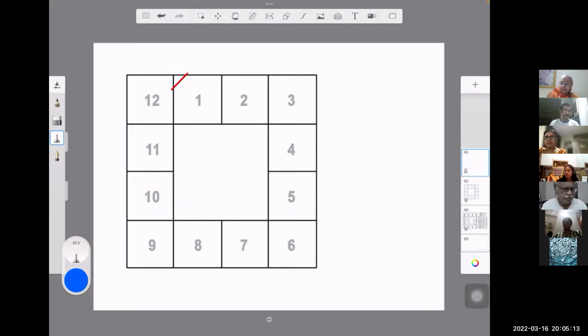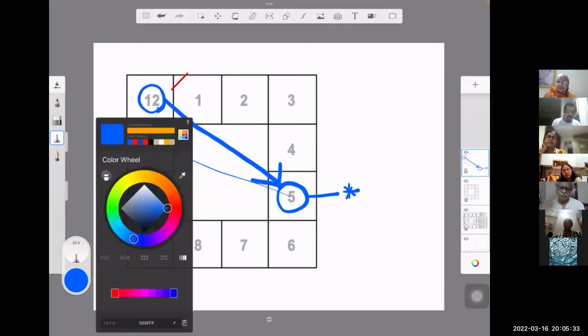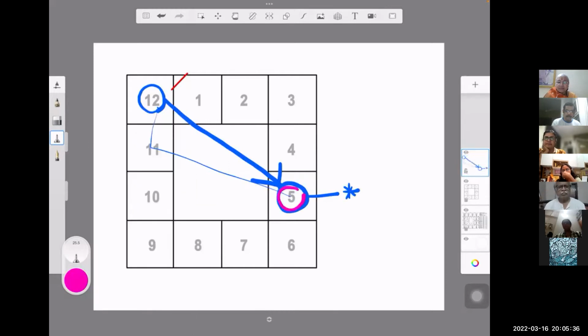My pencil needs charging. Just one minute. Obstacle to the 5th house will be the 12th house. If this is the house in question, its 7th, 8th, this house becomes the obstacle to this fellow, correct? This is hitting it. But let me change the color. This house here, this is the obstacle to which house? So from here go backwards then. So basically, if you see 1, 2, 3, 4, 5, 6, 7, 8, if you count from here, it is 7 and 8. So this guy is the obstacle to this house,